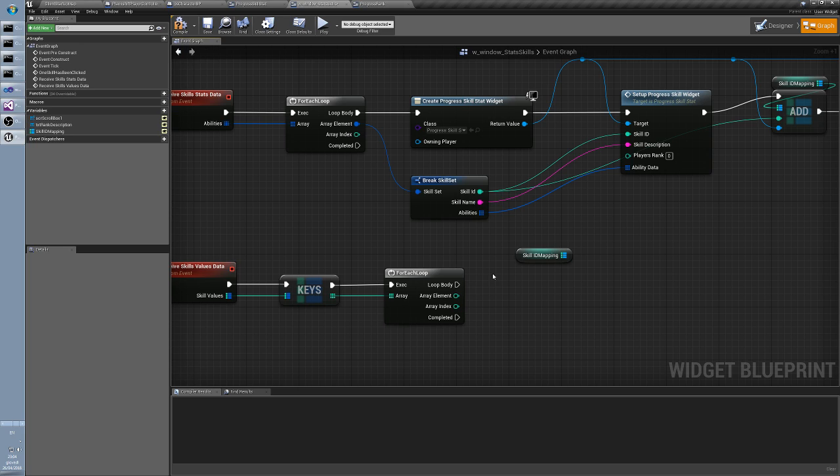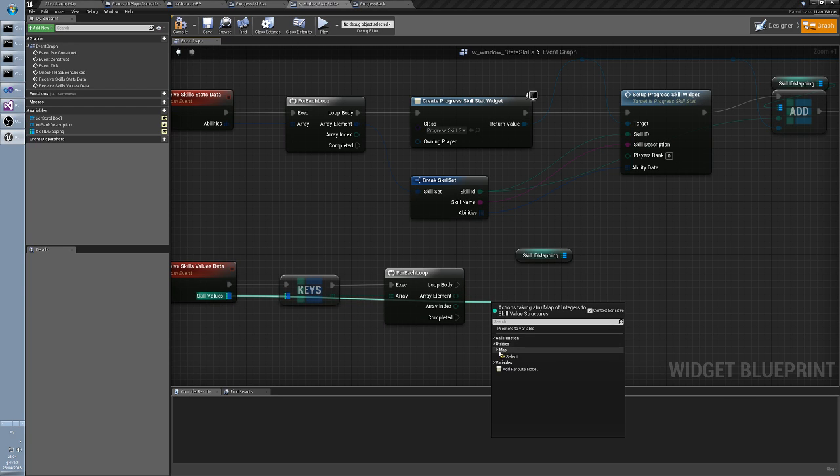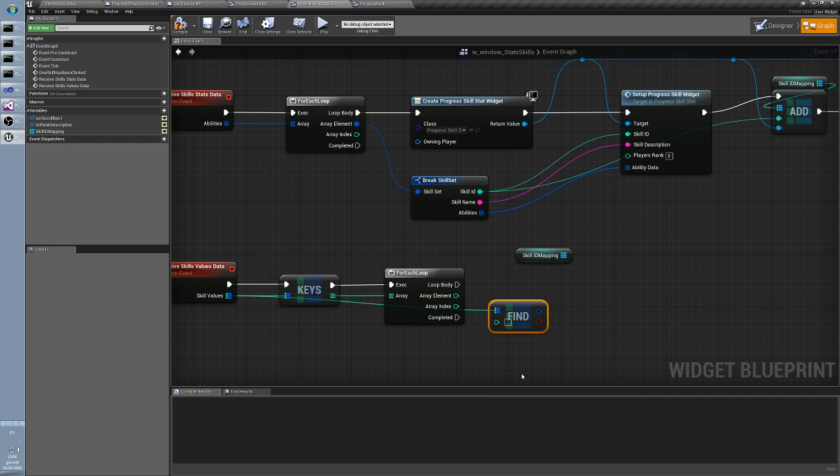I want to find the array element, array index. I don't care about the array index, I care about the array element. Okay, so I want to find my value,